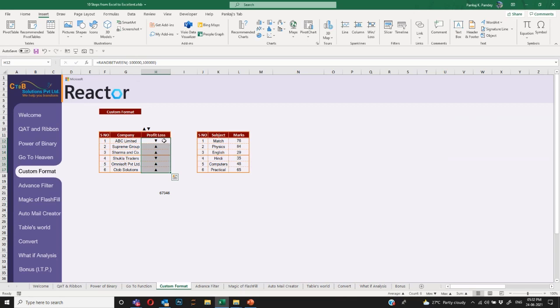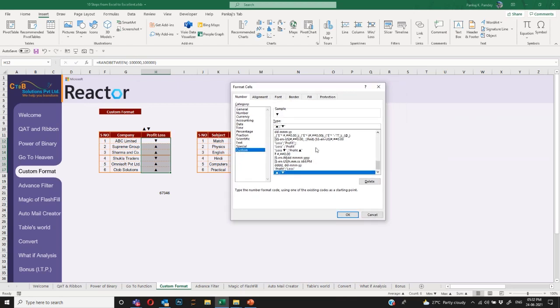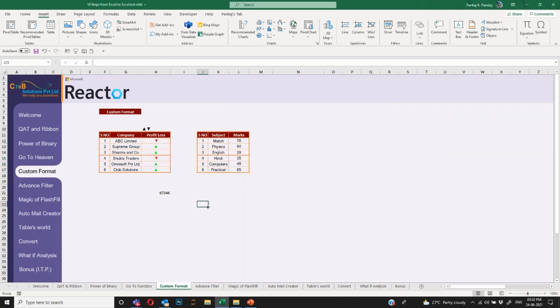For example, I want to give some kind of color coding to it. I don't have to use conditional formatting, which is actually a little heavy and increases the file size. Rather than that, you can use Format Cells. And I will say here, if it is positive, give me green color, and for negative, in square brackets I'll use the color red. Let's see if this works. Click OK, and got it. I have my statement, plus and minus, and that too with the color coding. So simply you can choose your color, just write it down, and you can create it.